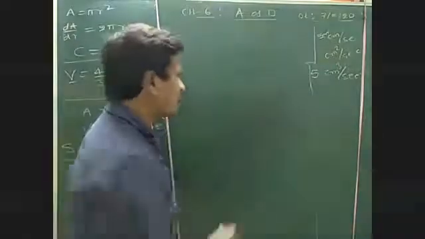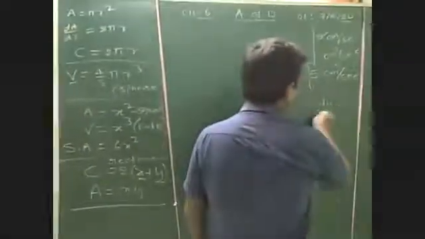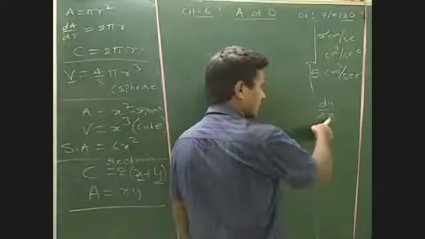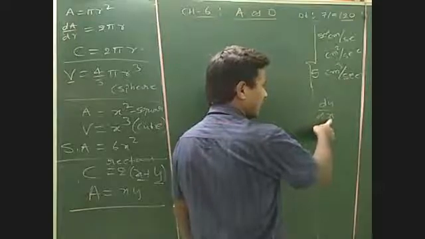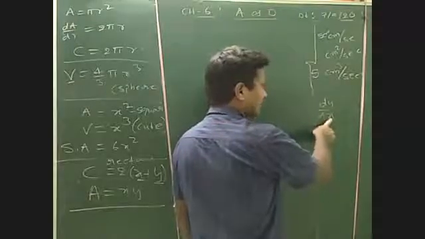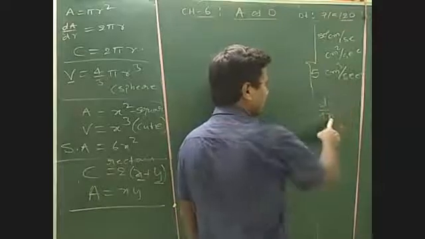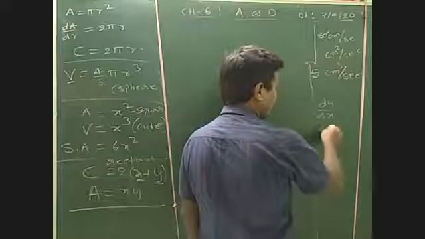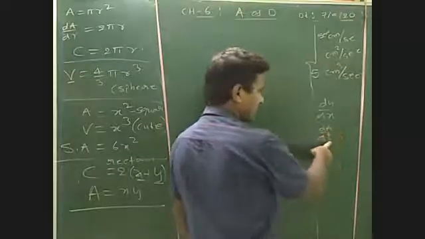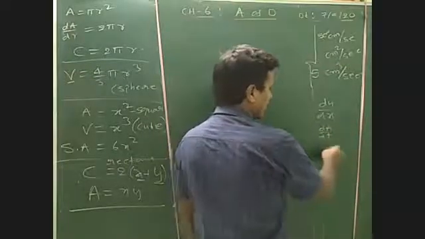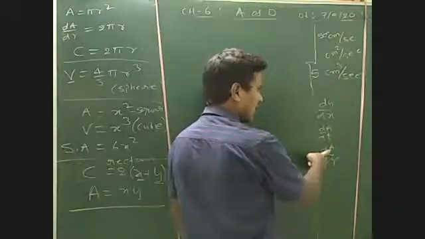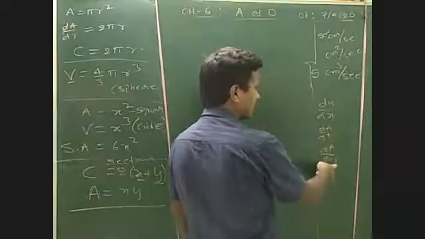So generally remember that dy by dx means the rate of change of quantity y with respect to another quantity x. Here x may be seconds, with respect to time, or with respect to radius. Generally we write dA by dt, which means the area is changing with respect to time, and dA by dr, with respect to radius the area is changing. Like that, x may be time, x may be radius, x may be some other quantity, right?